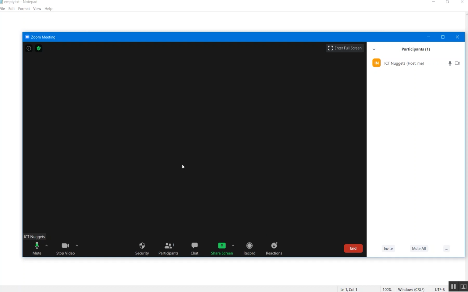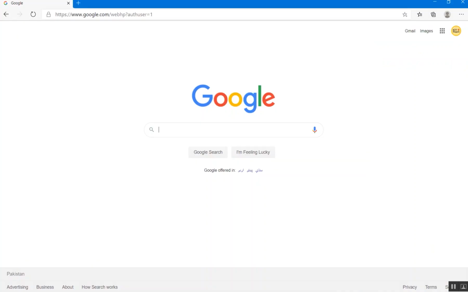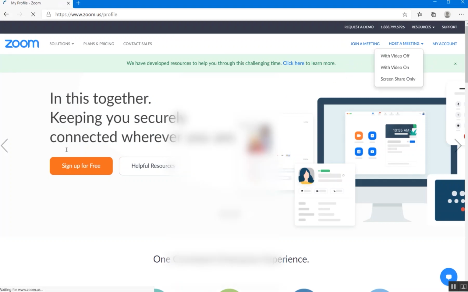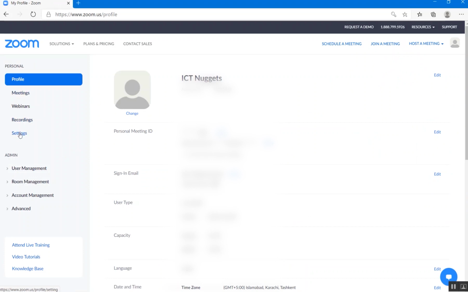So to enable that option, I need to go to the Zoom portal. For that I will open the browser and type zoom.com, and over here I have to log in with my credentials, which I have done already. I will go to my account, and from here I will go to Settings.